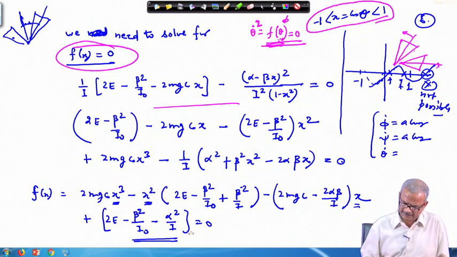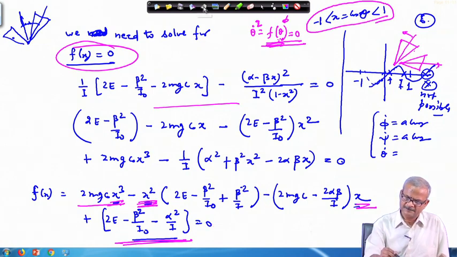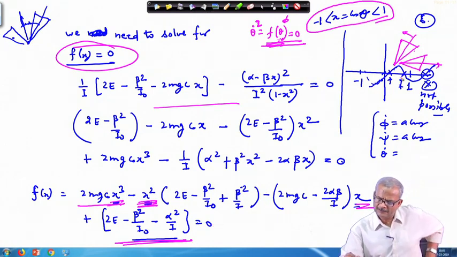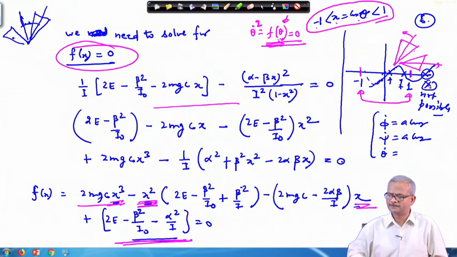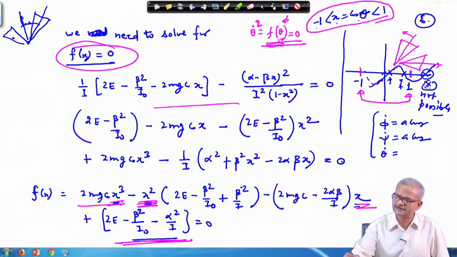We simplify it a little bit and put it in a proper format, so that it appears as a cubic equation, with an x cube term, x square, an x term and a constant term. Thereafter we argued that because x equals cos theta, this will always lie between minus 1 and 1. So we put minus 1 here, and only the solutions lying in this range are acceptable. If the curve cuts in other places, those solutions need to be rejected; only these two solutions are accepted.